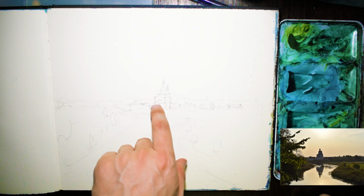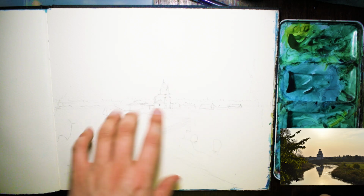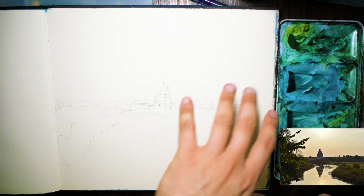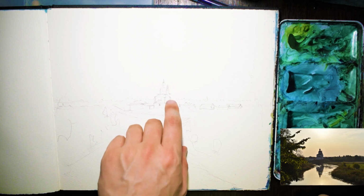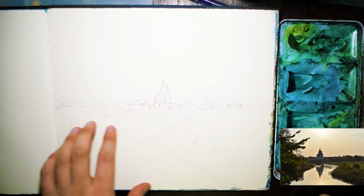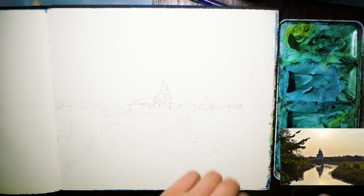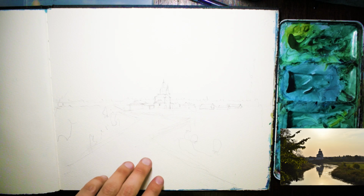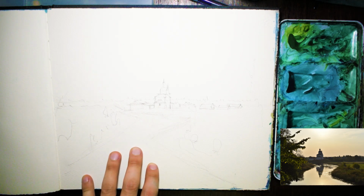There's a church here in the background which I've just penciled in and a few buildings across. Thinking of getting the light source coming from the right and illuminating the right sides of these buildings, some of the roofs as well. We've got a river running down the front and some shrubs and bushes, trees and things like that. So let's go straight in, and I'm going to actually go in with a pinkish sort of color